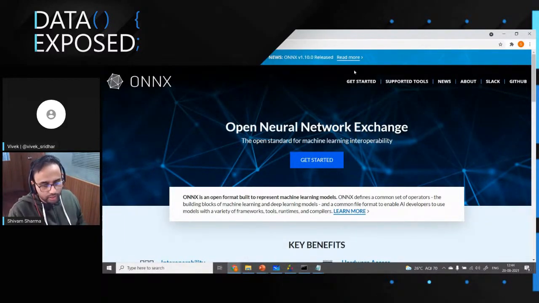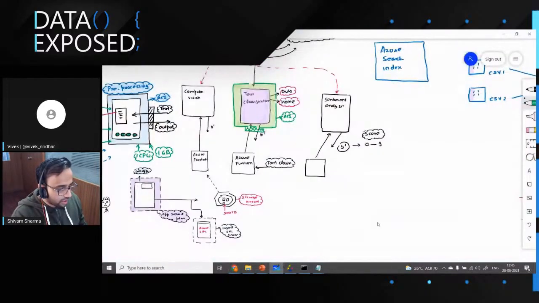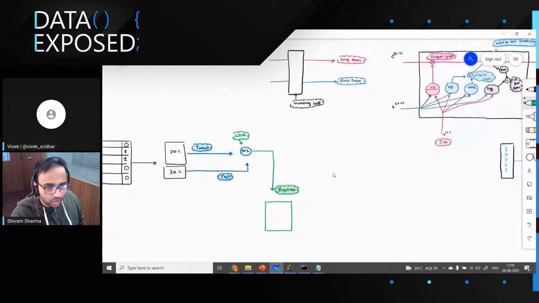If I train the model in TensorFlow, TensorFlow is supposed to be there in the deployment target for me to load the model and then work with it. If I train the model using, let's say, NumPy, pandas, maybe scikit-learn, that scikit-learn is supposed to be there in the deployment targets for us to be able to use it. Now what Open Neural Network Exchange does, I'll just put it here, it recompiles the model into another